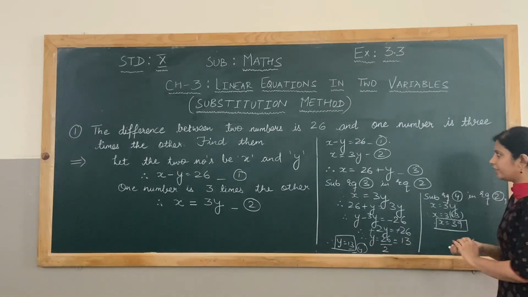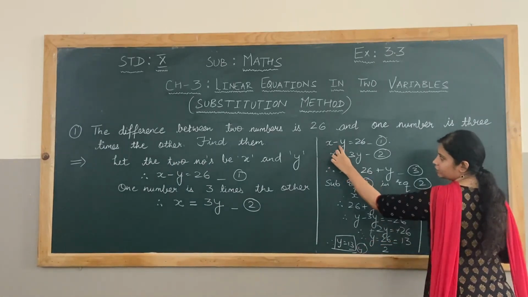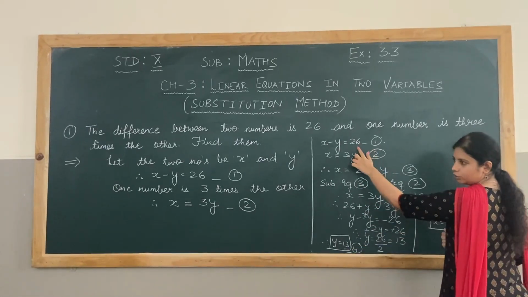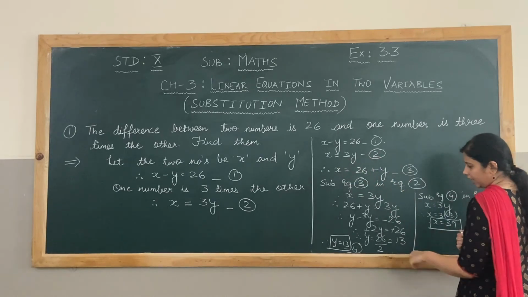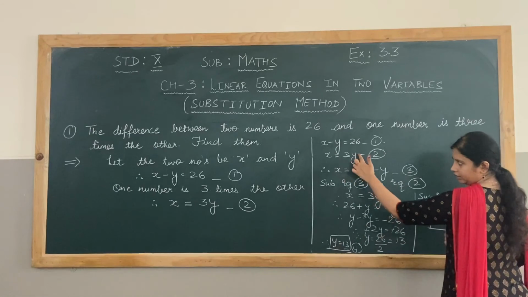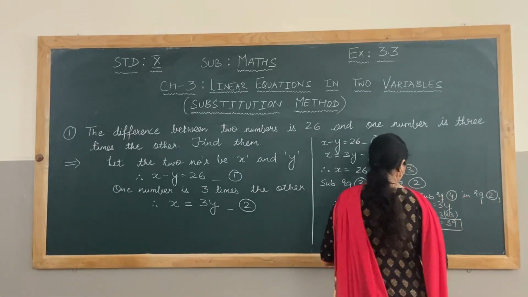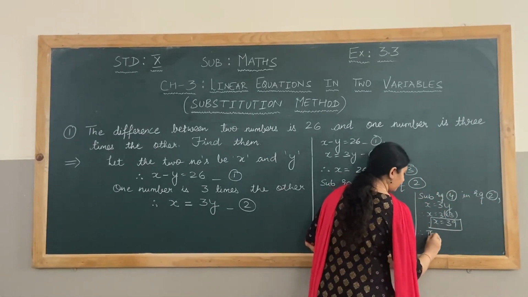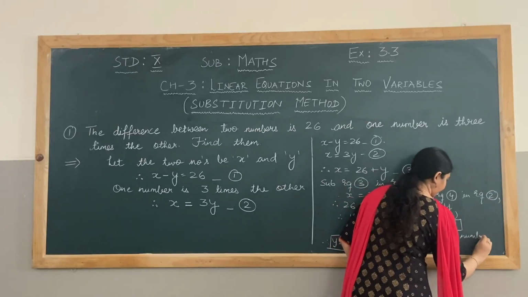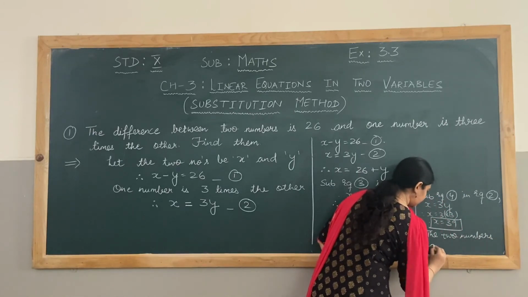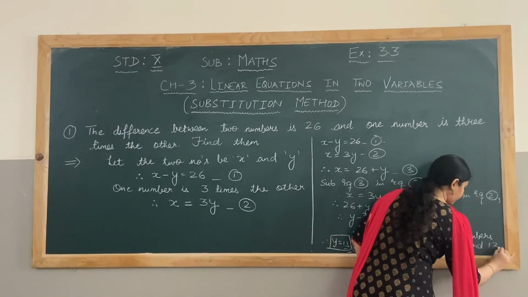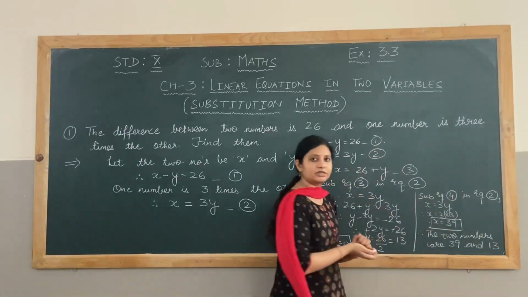Now, if you want to verify, see, x minus y is equal to 26. So, 39 minus 13 gives you 26. And if you want to check the other one, x is 39, 3y, so 3 into 13, that again gives you 39. So, as the last statement you can write, therefore, the two numbers are 39 and 13. As it is a problem sum, it is compulsory to write the concluding